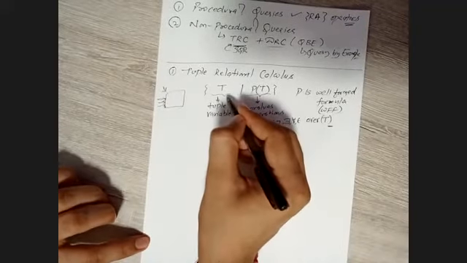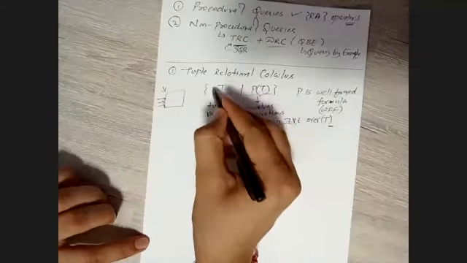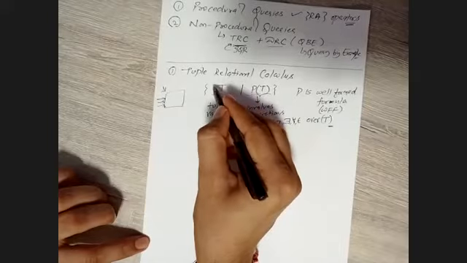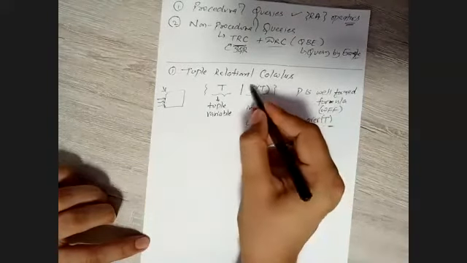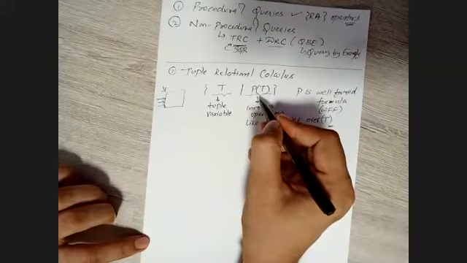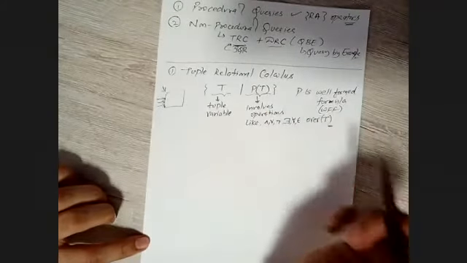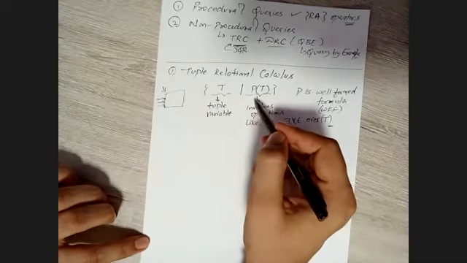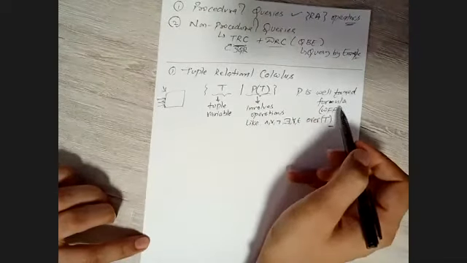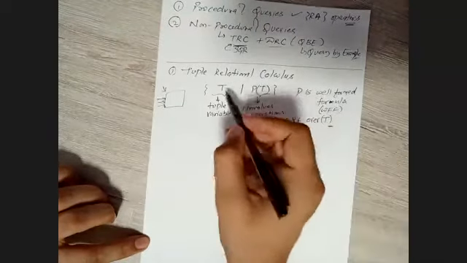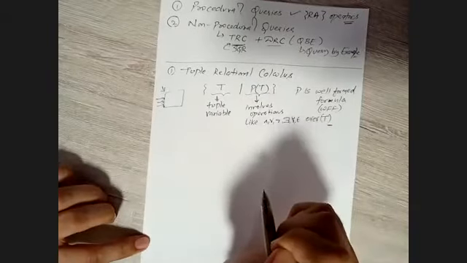That is a tuple variable, right? How will you retrieve that? Probably you apply some formula, and that formula will be written here. That is P(t), which we will expand in a later part. So this P(t) is P as a well-formed formula (WFF) over your tuple variable t, right?